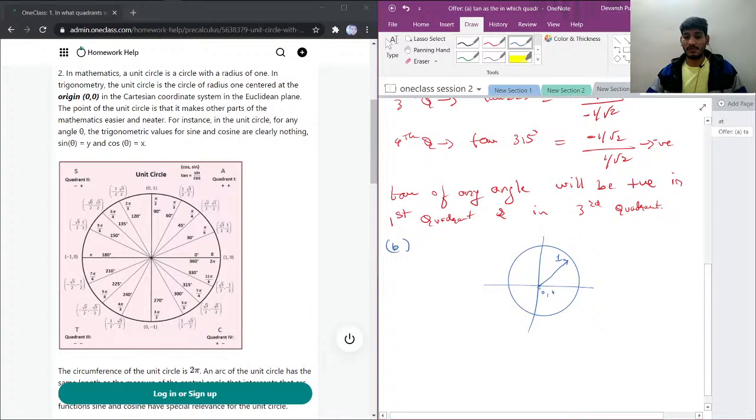I can draw it from here, I can draw it from here, I can draw it from here, I can draw this here also. But when I just drop down a perpendicular on the x-axis from these radius, let's say these all are perpendiculars,